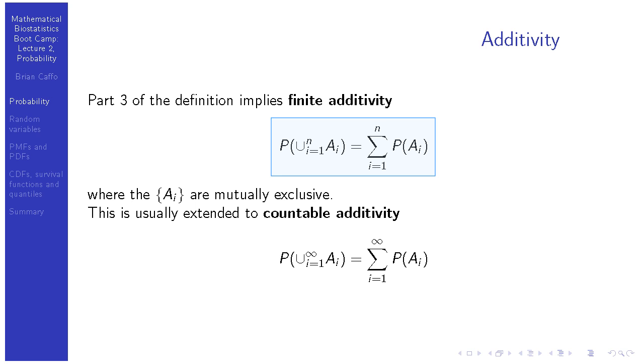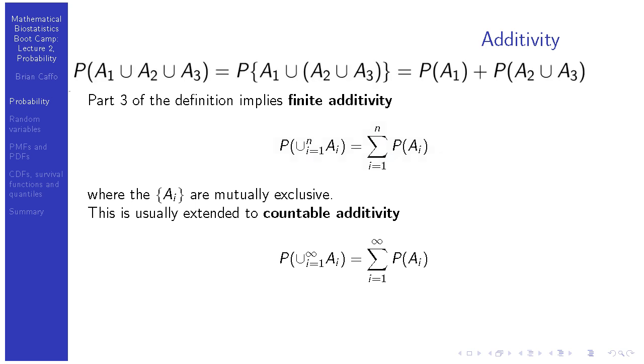So in this case, I have the probability of the union of a collection of mutually exclusive events, A_i, equals the sum of their probabilities. That pretty directly follows from the previous definition. Just to give you a sense of how it works, if you had 3 events, say A1, A2, and A3, and they're all mutually exclusive, then the probability of A1 union A2 union A3 is the sum of the probability